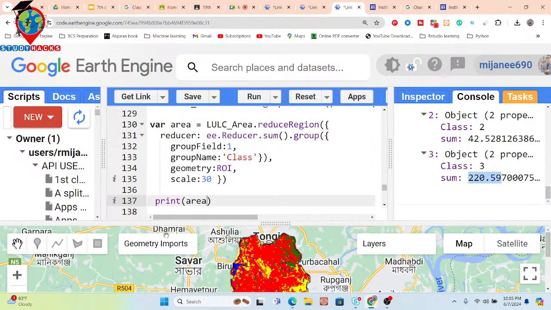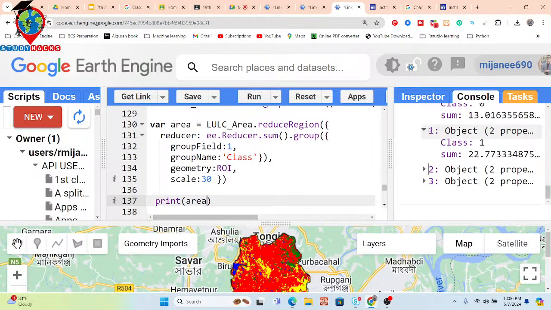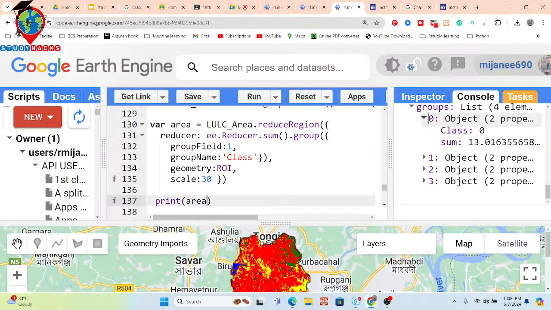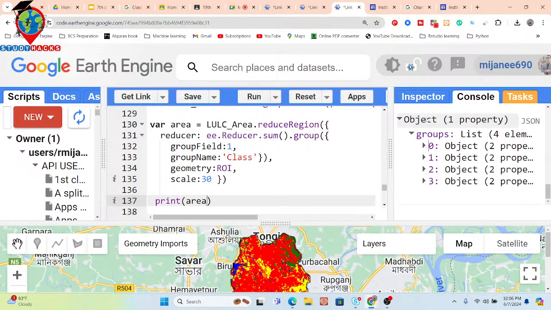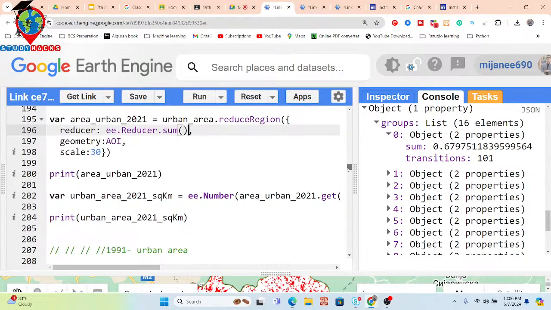And what is the 1, 2, 3? We already know about the 1, 2, 3. So at this time you can see I can get this type of nested list. So now this nested list I want to convert into a flat list. Okay, so for plotting these things, we just use this code. Suppose here,